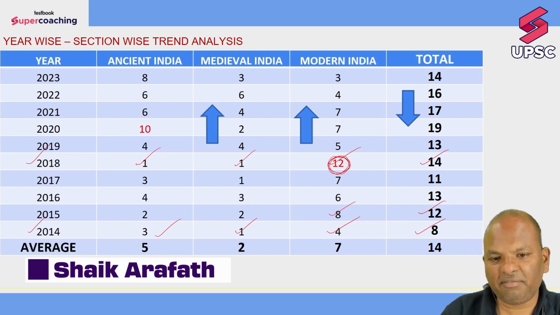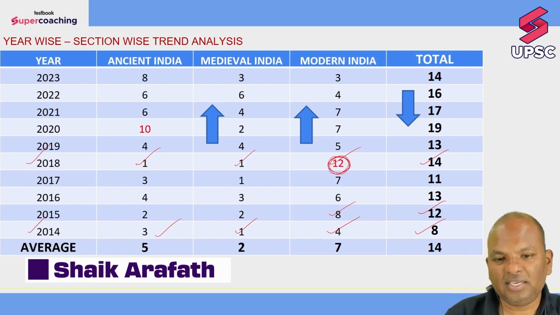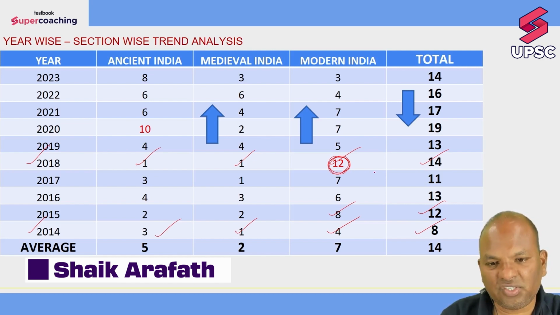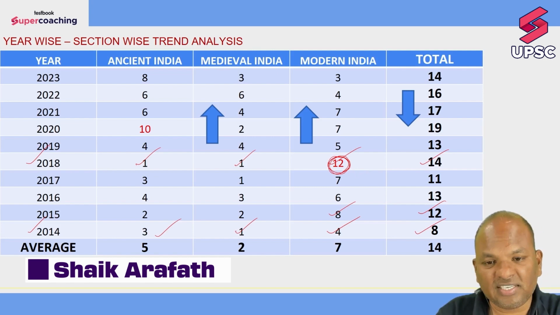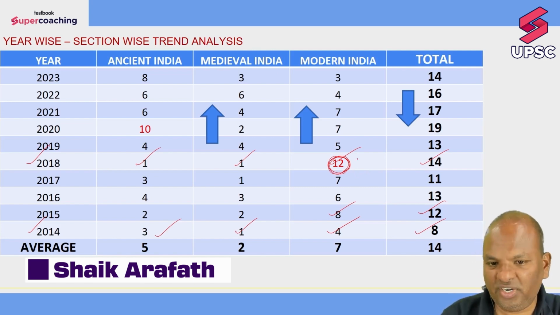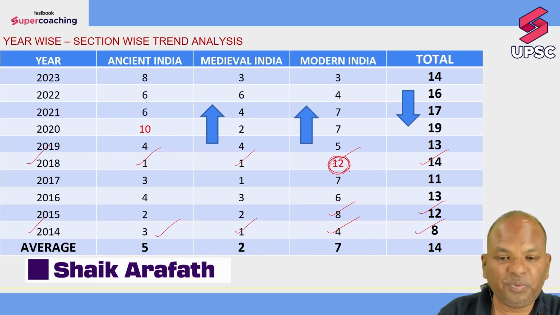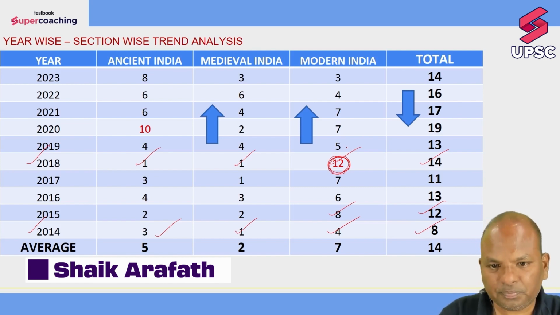So clearly, up to 2018, a large number of questions came from modern Indian history. Aspirants may have thought that UPSC is emphasizing only modern Indian history, and that in the next year, 2019 also, UPSC might ask questions only from modern Indian history, and therefore they might have given preference only to reading modern Indian history. But all of a sudden, UPSC changed its gears and asked very few questions from modern Indian history. This is what I mean by giving the students an element of surprise. This has been the nature of the UPSC examination.